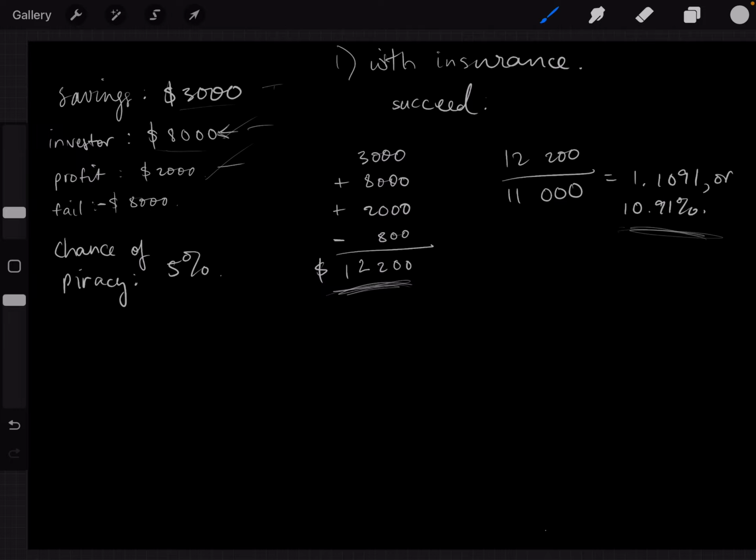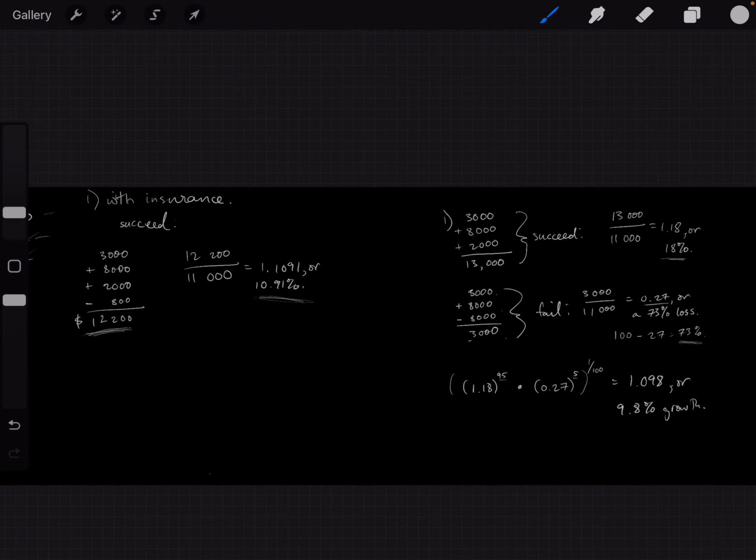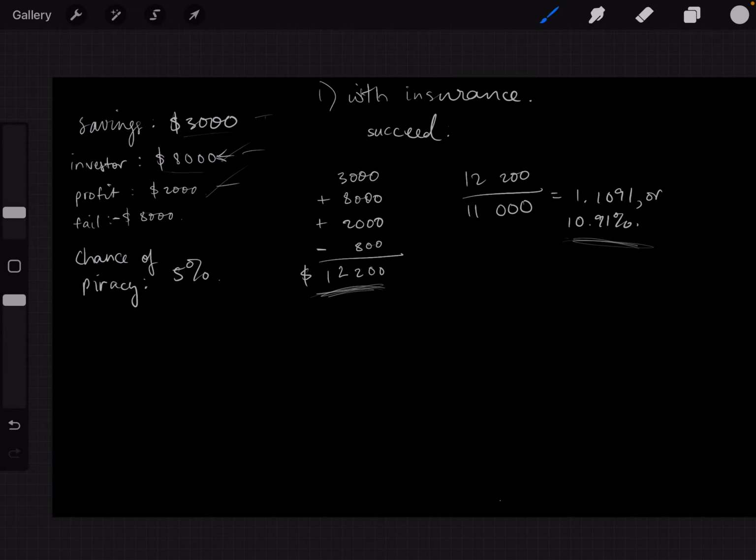If you don't buy insurance, we calculated without insurance, right? Yeah, we did. Succeed or fail. Whether Jack steals your thing or not, the calculations will be exactly the same, because you're either going to make that 8,000... that's a good question, actually. That's a very good question. So the question I'm asking is, does it make a difference if it fails and you don't pay for insurance? I don't think that...